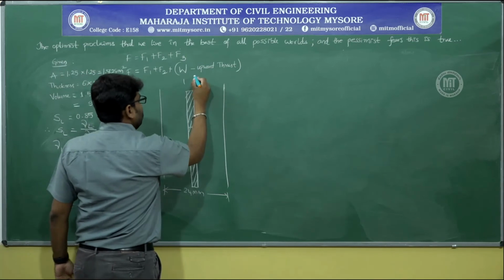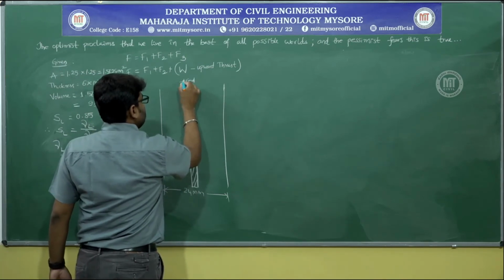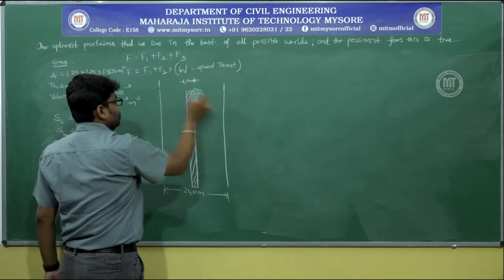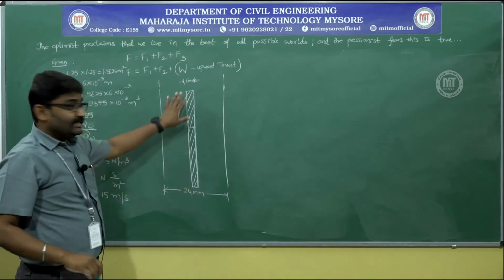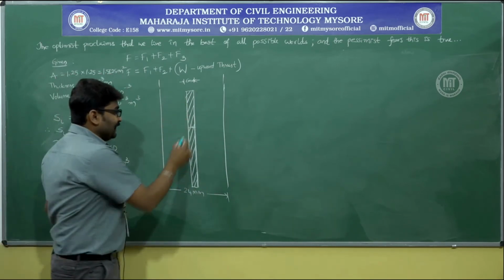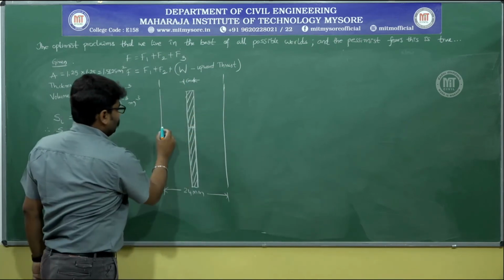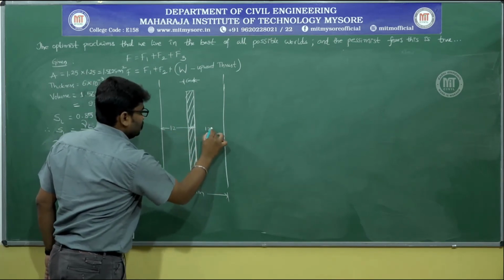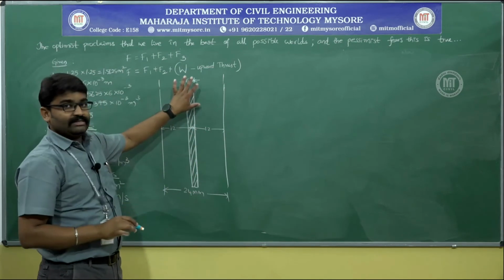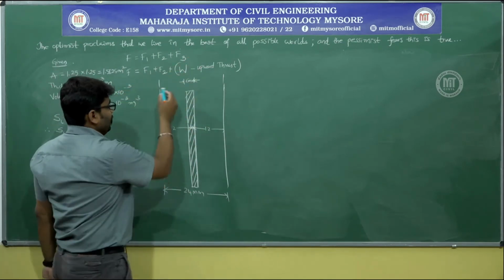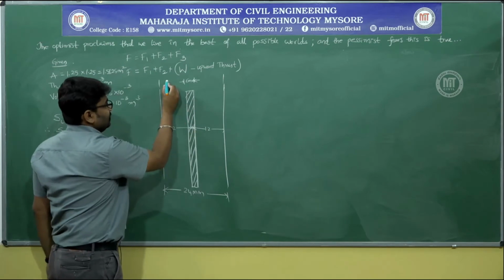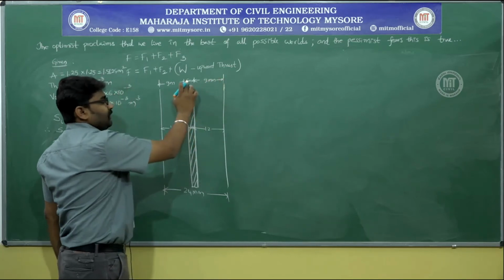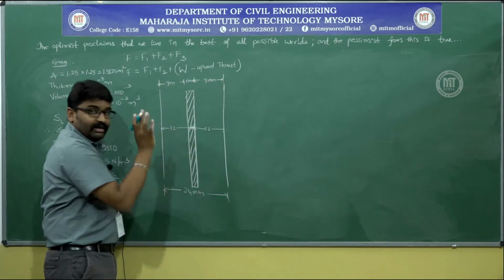So, this is 6 millimeter thick. Total is how much? Total is 24 millimeter. If you subtract 6 from 24, it is 18 millimeter. Since it is placed exactly at the midway, the remaining part, so from here to here in 24, this has to be 12 and this also has to be 12. But 6 millimeter is now taken by this plate. So, the remaining part is 12 minus 3, that is 9 millimeter here and 9 millimeter here. In total 9 plus 6 is 15, 15 plus 9 is 24.